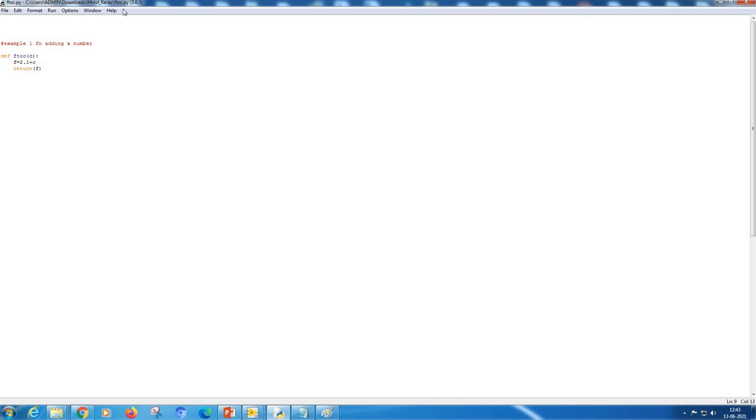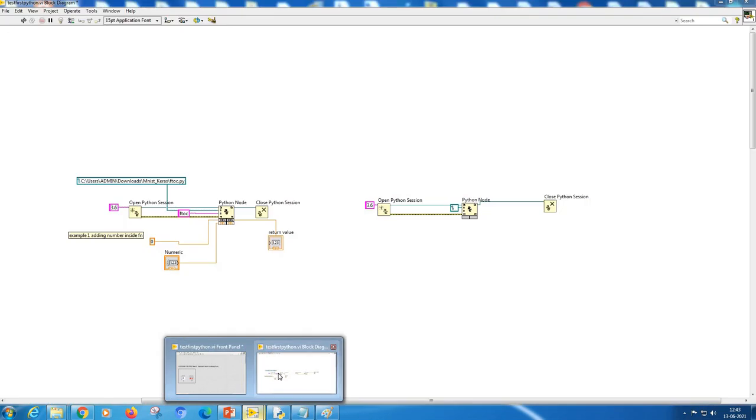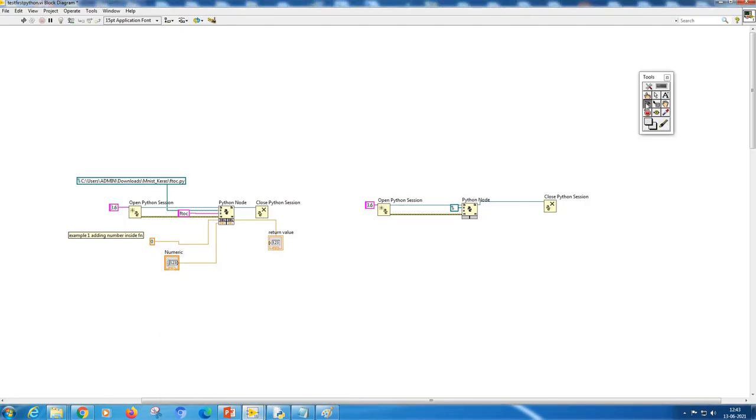Then the file name is f2c.py. How do you say that the program is sitting there? You take the entire Python file path and put it here. Now you have the Python path specified.